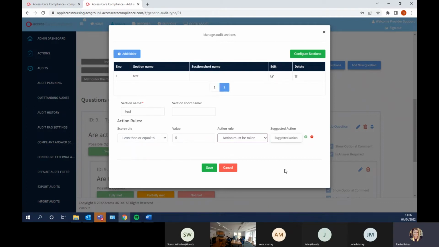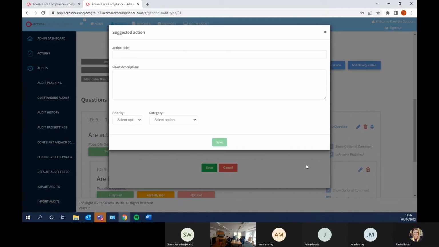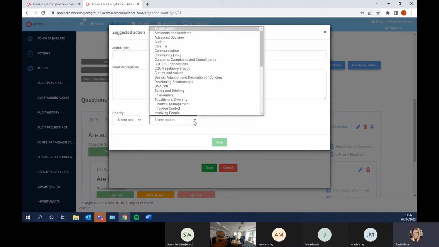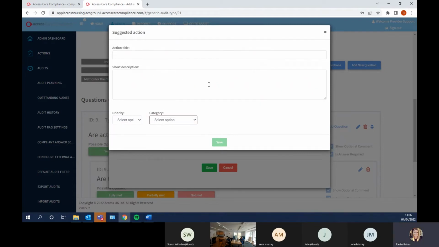So if you had a particular action in mind, you can click that suggested action button, and it's then just a case of configuring the action in here. So input your action title, add a short description, assign it to a priority level, and attach it to an action category. And once you've configured that, if you press the Save button,